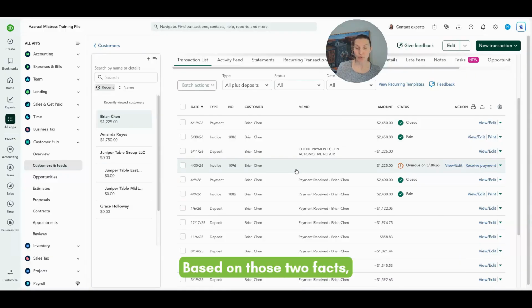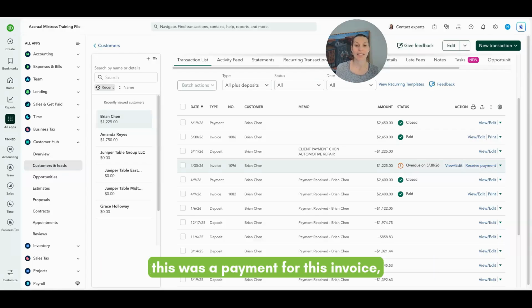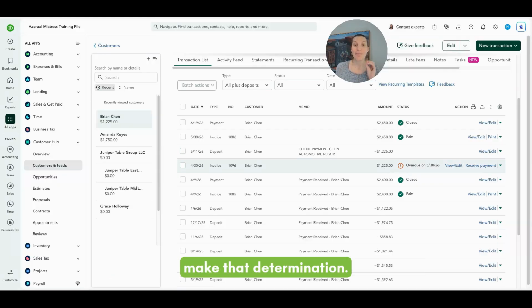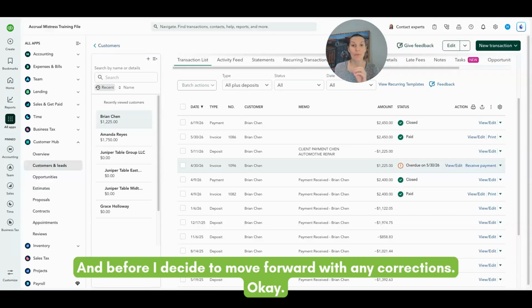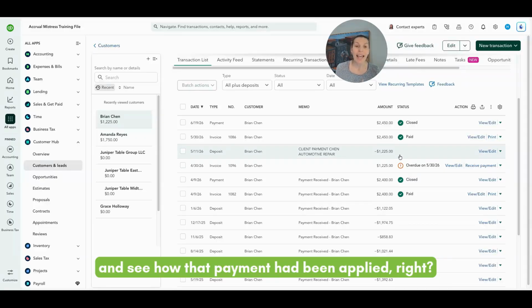Based on those two facts, I could theoretically make a pretty educated guess that this was a payment for this invoice. But I would want to go a little bit further before I make that determination and before I decide to move forward with any corrections, okay? So I would actually want to go and look at this payment and see how that payment had been applied,